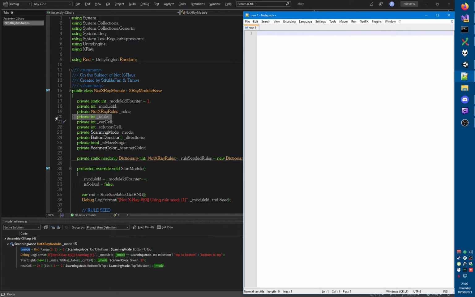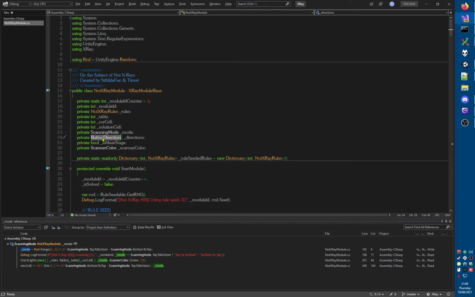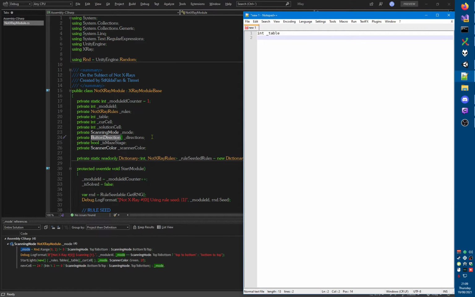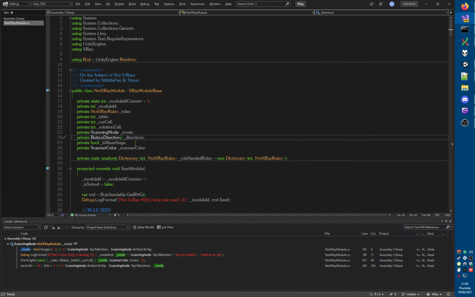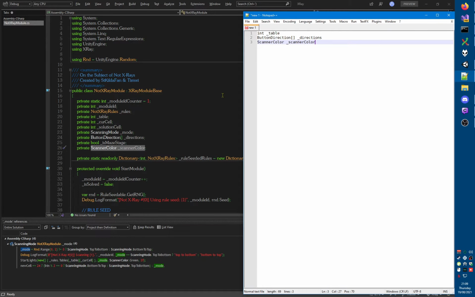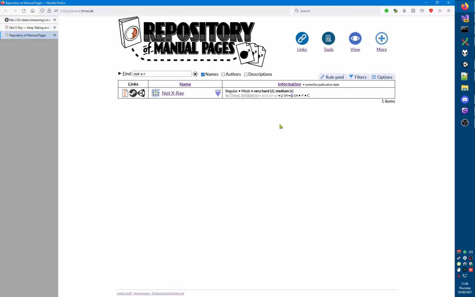So we have int table. Then we have which button is associated with which direction. I suppose that could also be asked. So button directions. Now this is an enum type, so I'm going to have to use toString to get the string versions. And then of course the scanner color, which is also an enum, but that's okay. Okay, so these seem to be the three things: the table we're in, the directions that each button was,